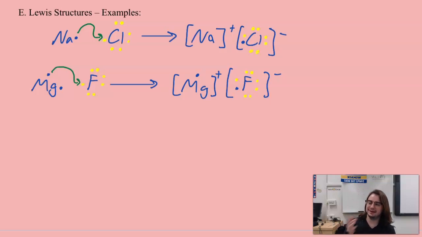Say, for example, we had a piece of magnesium and we were passing it through fluorine gas. We don't just have one piece of magnesium, like one atom, and we don't just have one atom of fluorine, right? We have a practically infinite number of magnesiums and fluorines. So instead, what's going to happen is that we are going to have an additional fluorine here that is going to assist